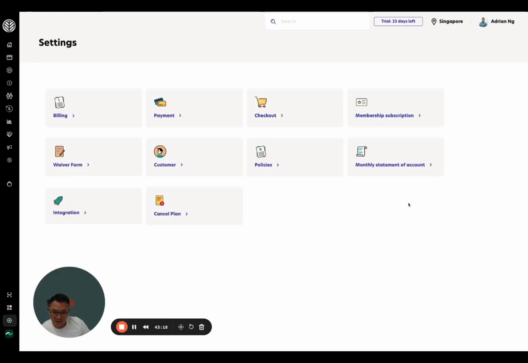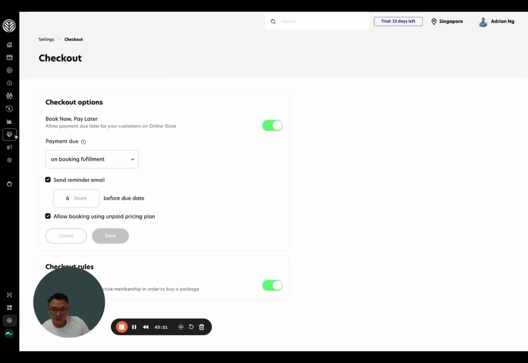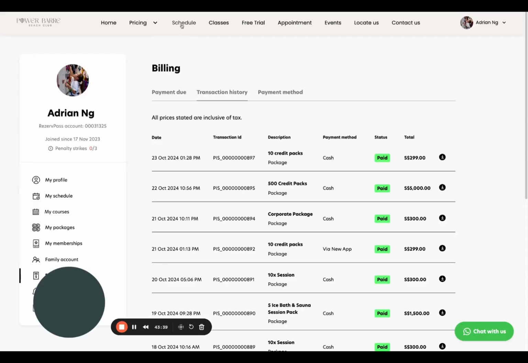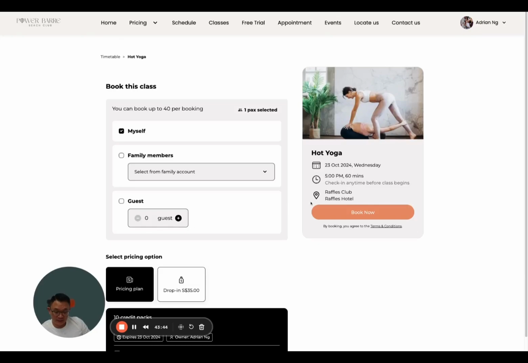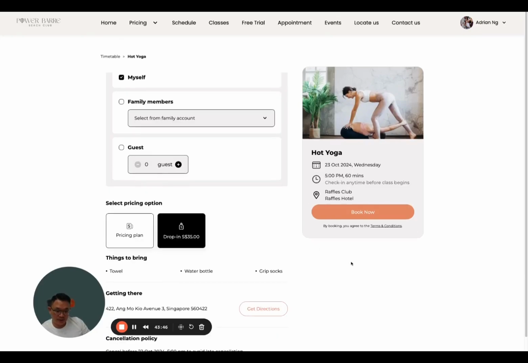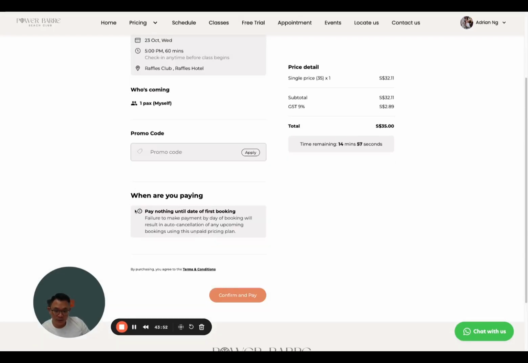And yes, the answer to that is under checkout, you can activate your book now and pay later. The payment is due on the booking date itself, the class date itself, and it allows booking using an unpaid pricing plan. How does this work? Very simply, I can now go to a class. Maybe I'm going to book 5 p.m. hot yoga. For this particular case, I'm going to choose drop in. Okay, book now. And I'm going to choose pay later. Once I confirm,